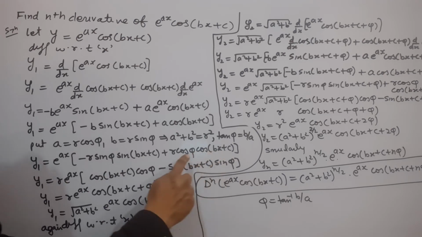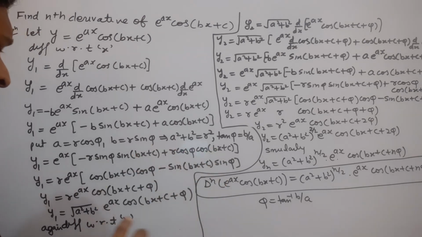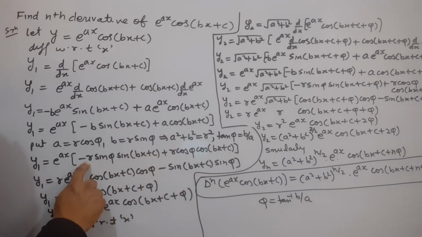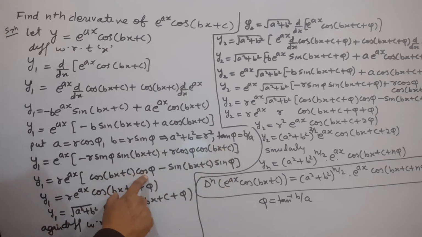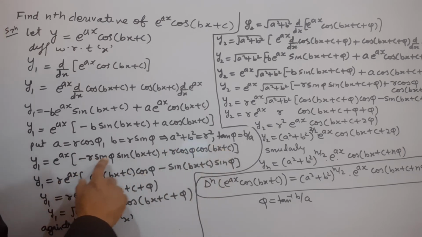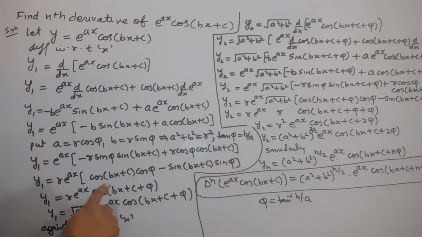cos bx plus c multiplied by cos phi माइनस साइन bx plus c multiplied by sin phi. आप देख सकते हैं यहाँ पर r कॉमन मिल रहा है, इसको कॉमन ले लिया और ये पॉजिटिव टर्म है, इसको पहले लिखा है cos bx plus c multiplied by cos phi, then minus sin bx plus c multiplied by sin phi. Here we use formula cos a cos b minus sin a sin b, that is cos a plus b, so we can write here cos bx plus c plus phi